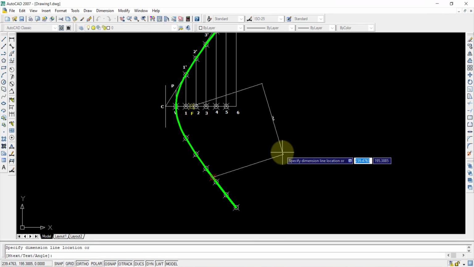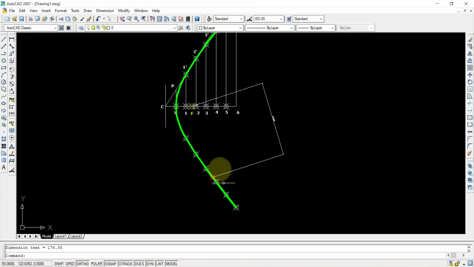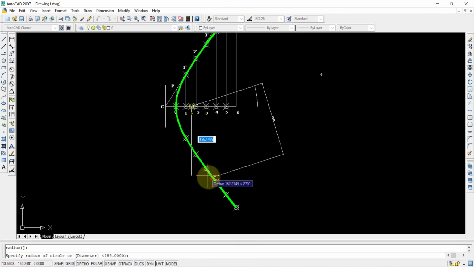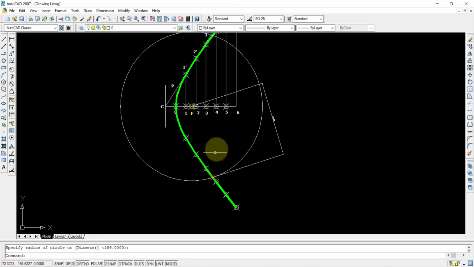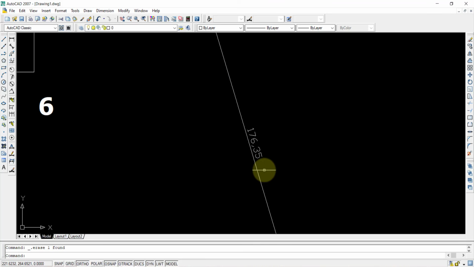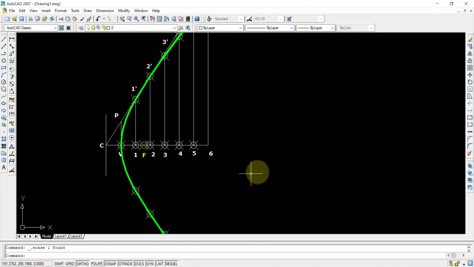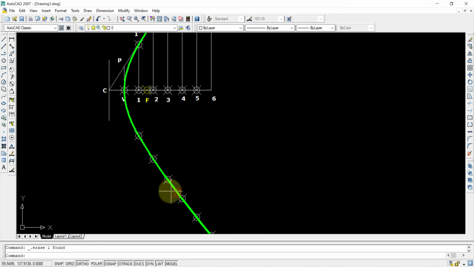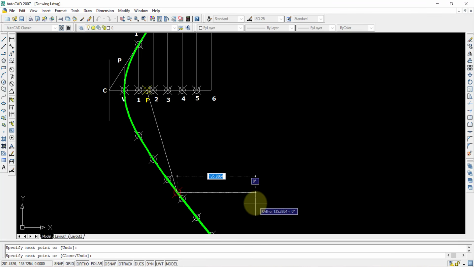They'll give you the information like from the focus point how much distance it is there. How do you select that? You'll select a circle command, and from that circle until this point will draw a curve, so that you'll get this point, and then this curve will be deleted. That is something like in this case 176.35 mm. This is what I've selected here. Anyhow, whatever this might be, you select the point. Once that point is selected, you'll draw a straight line from this point to the focus point, and again from the focus point to this point you'll draw two straight lines.